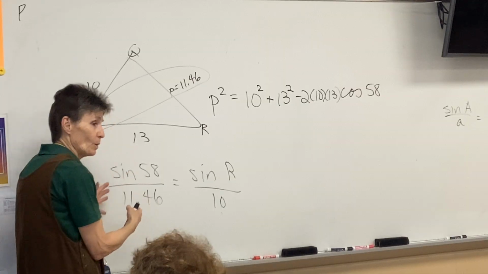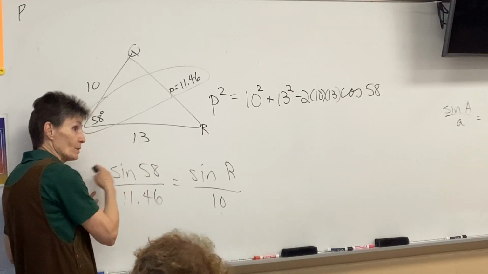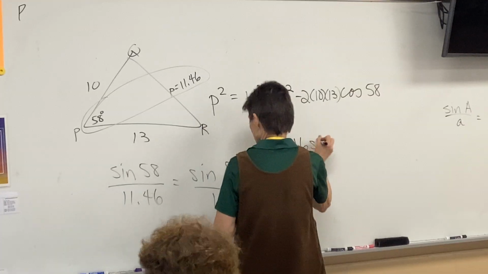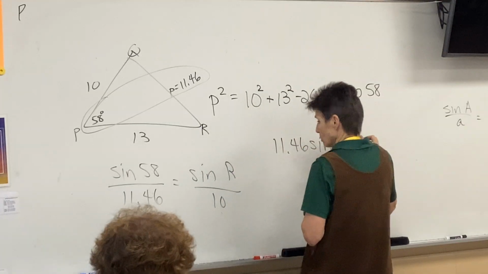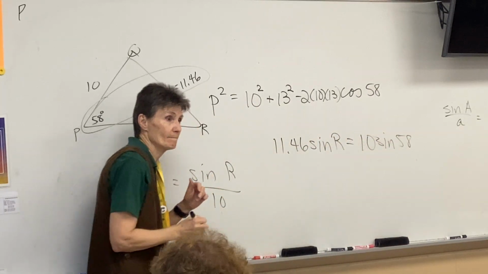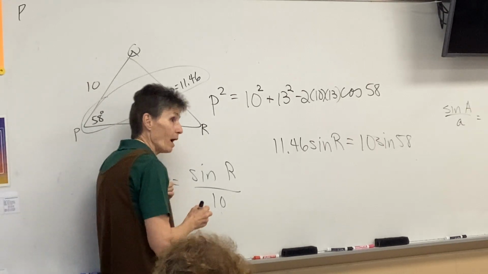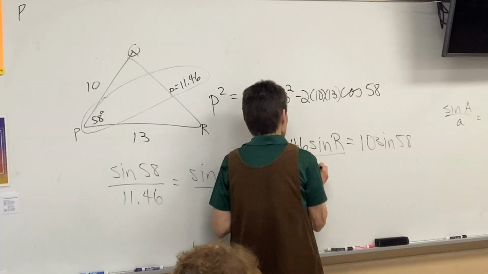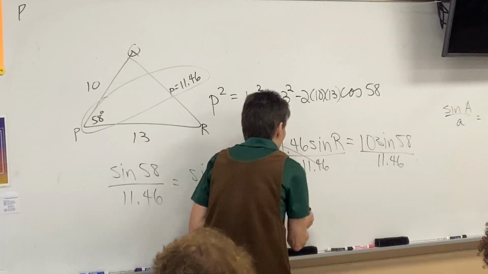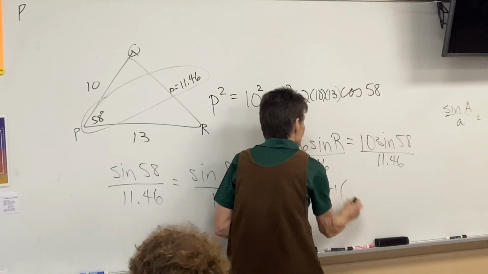Then what do we do? What you do on your quiz, hopefully. Well, first we have to cross multiply. So 11.46 sine R equals 10 sine 58. And then we will divide by 11.46. And then, because I'm looking for an angle, I need to second